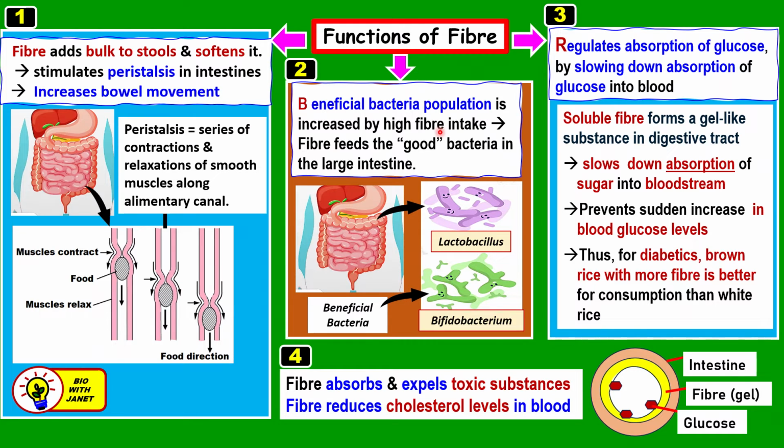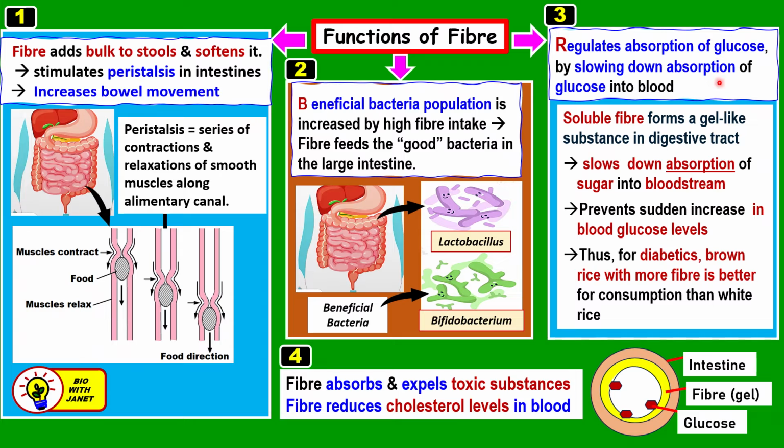Number two, the second function of fiber is that beneficial bacterial population is increased by the high fiber intake. So why so? Because the fiber will feed the beneficial bacteria or good bacteria in the large intestine. So here we see the large intestine, all right? In it, the large intestine houses a lot of beneficial bacteria in a healthy person. Now, one type of beneficial bacteria is rod-shaped like this. It's called Lactobacillus species. Another type is like Y-shaped a bit. It's called Bifidobacterium. Okay, these two are the beneficial or good bacteria in the large intestine, and we need to ensure that there is a lot of these bacteria in the intestines for good health. It helps to support the immune system, and also beneficial bacteria produces vitamin B12 and K for the body. Number three,